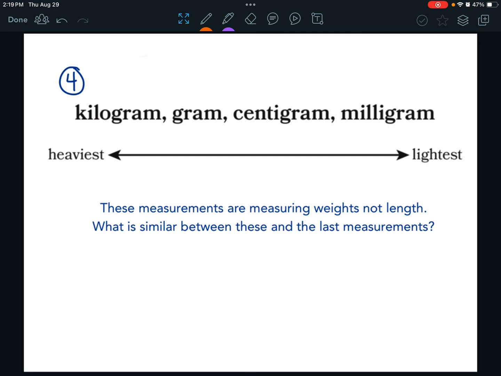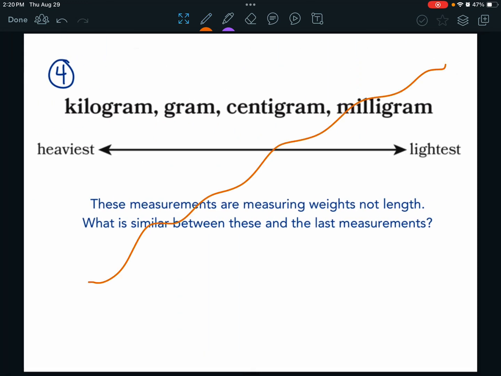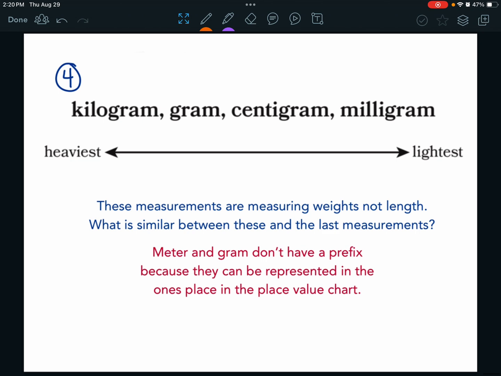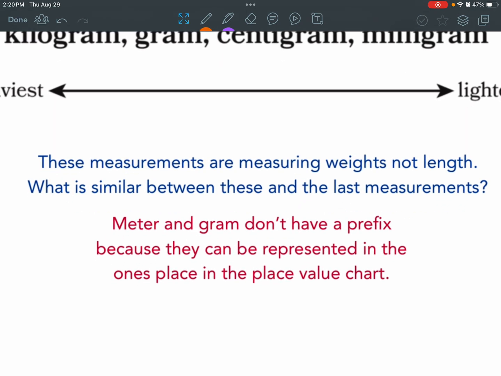All right, right here is one of the other ones. Here's those prefixes we saw again, kilo, centi, and milli. But now we have grams, so this is measuring weight, not length. And if you notice, gram and meter, and also liter, do not have the prefixes. We're going to discuss that in a moment. It's because they can't be represented in the ones place in the place value chart, so they're just